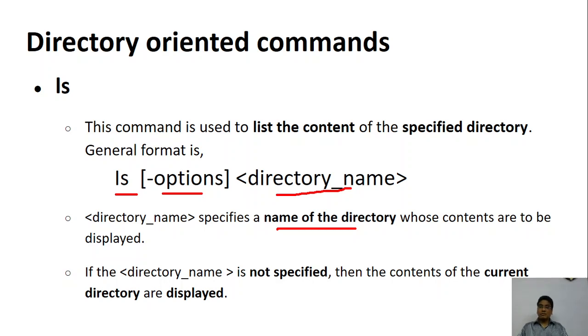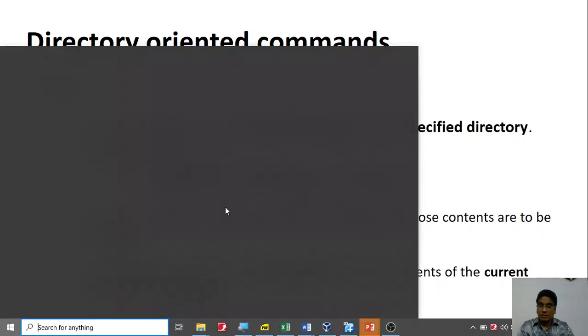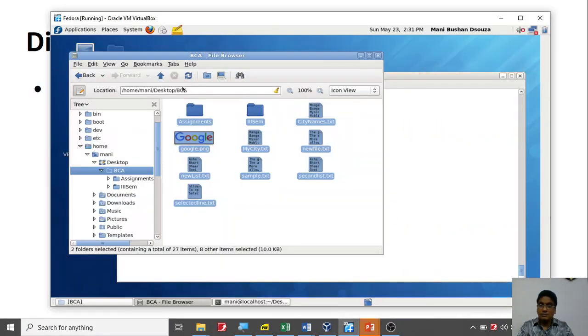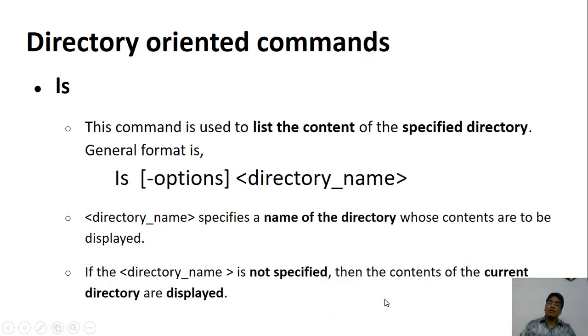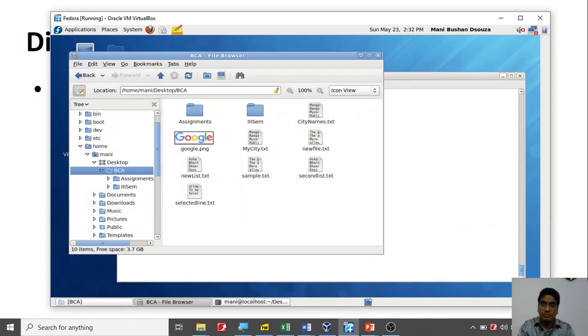In your Windows, if you are using the GUI, this is the directory that is getting displayed. That is obvious on a GUI, but on a command line things may not be so obvious. Now if you don't specify the directory, the current directory in which you are working will be listed. So if you just type the ls command without anything, the content of the current directory will be listed. Let's look at that one and then we will come back to it.